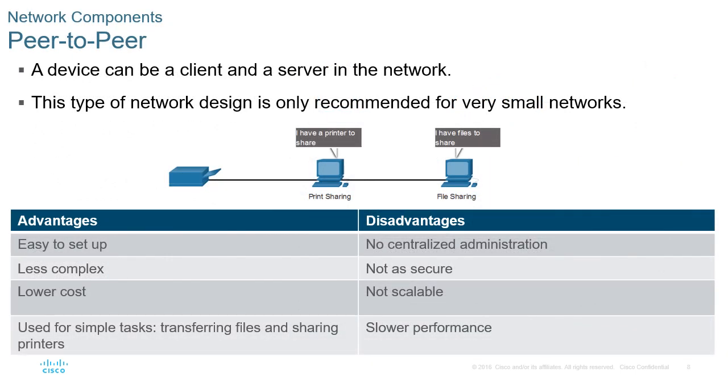Now, a device can also play both roles, being a client and being a server at the same time in the network. In this situation, we have what we call peer-to-peer networks. It comes with a number of advantages: very easy to set up, less complex, and cheap. Why? Because with two PCs, you can start sharing information without the need for other complexities, no switches, no routers, no